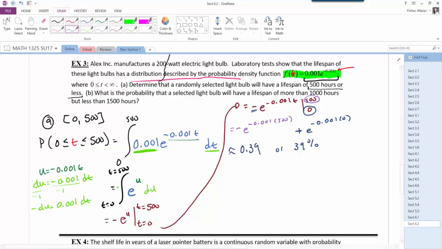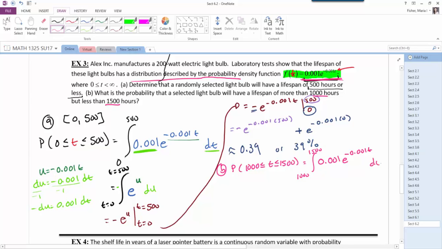What about part B? It says, what's the probability that a selected light bulb will have a lifespan of more than 1,000 hours, but less than 1,500 hours? So now my interval has changed. For part B, I want the probability that we are going to be more than 1,000, but less than 1,500. So this is just going to be the integral from 1,000 to 1,500 of my probability density function, which remember is 0.001 e to the negative